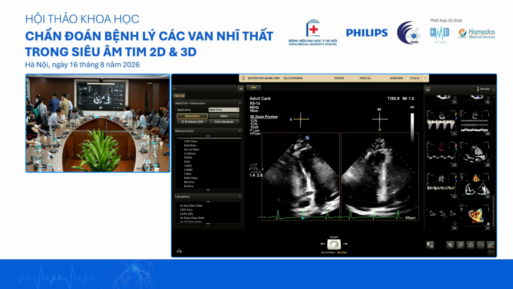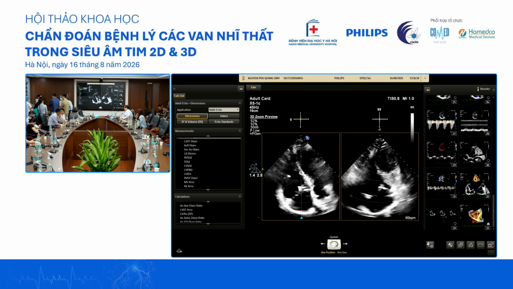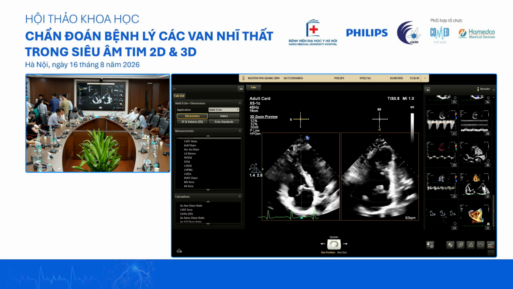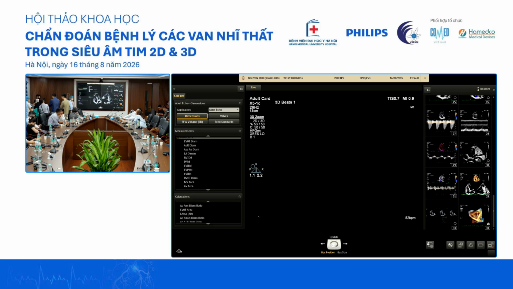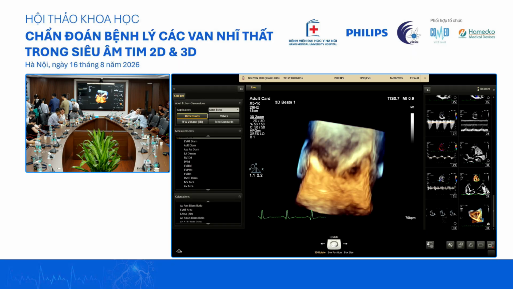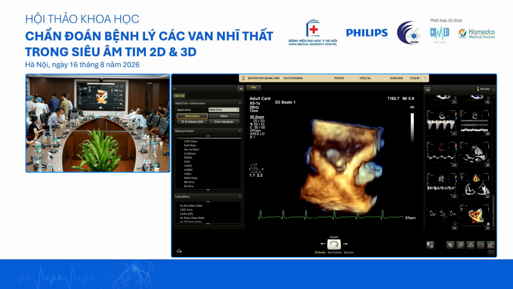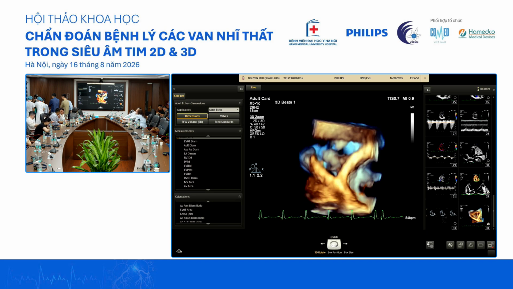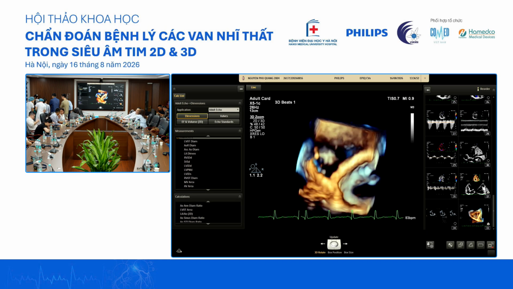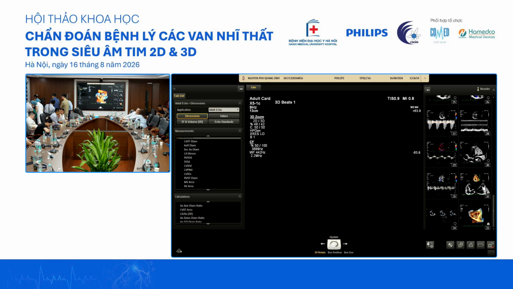If you don't capture, you can also do live 3D. Let's try this. Good. Point the arrow down to the 5 o'clock. Okay, that's fine. Turn on the color.